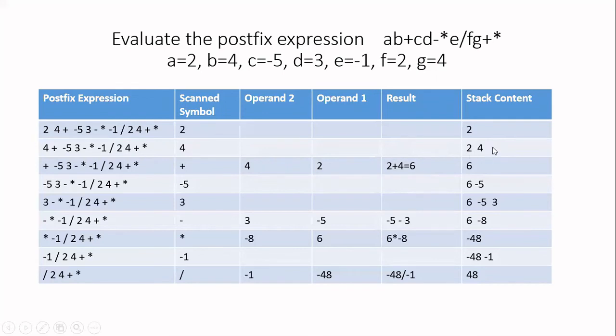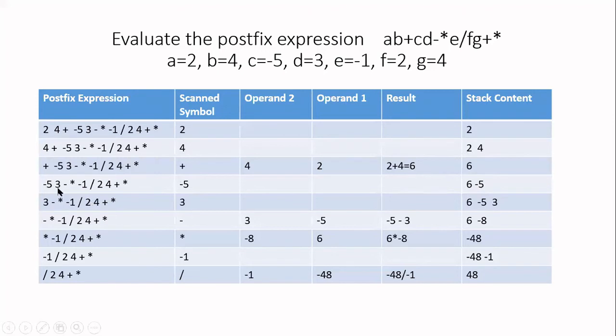If you see, previously we had 2 and 4 on the stack, but we have popped them. After popping, your stack is empty. So you push this new result 6 onto the stack now. So the stack currently has the number 6. Next, take the next symbol. It is -5. Push the operand on the stack because we are working with an operand stack. So -5 is now placed on the top of the stack.